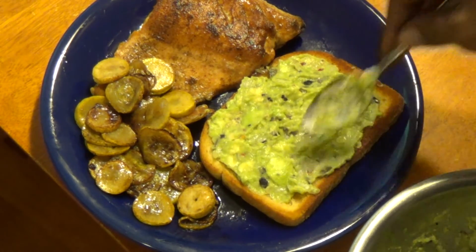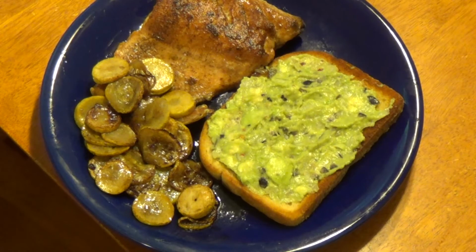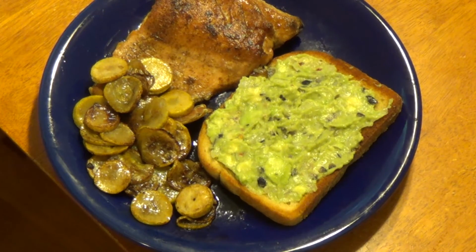Just perfect. I know, I'm a bit of a perfectionist. I want to make sure I get every single bite. Have a nice little amount of spread. You can see the chopped olives in there. There's the onions in there. We've got the garlic. We've got the lemon juice. We've got the lime. Everything is in there. And to make this dish